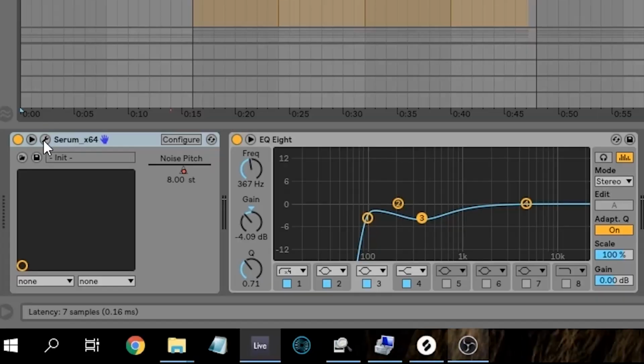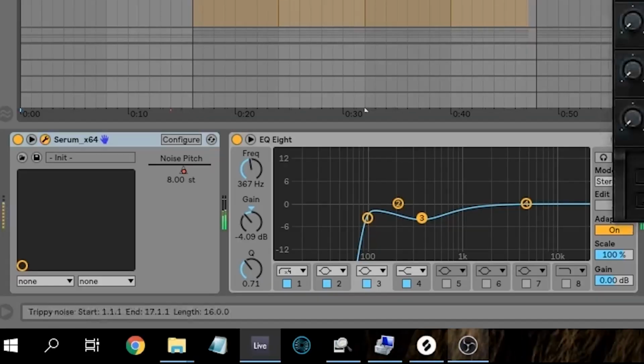I tried to make the weirdest sounds I could possibly make. All right, for this first section, let's take a look at the main elements. I started out with a noise that I call trippy noise. I tried to make something a bit organic that reminds us of this alien planet where our main character is